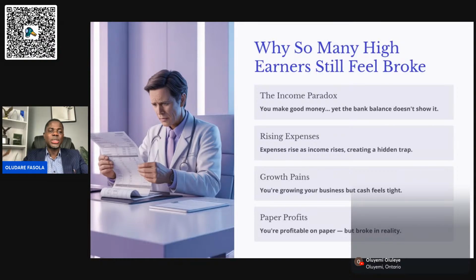A lot of them are struggling financially, so we want to break down the myths that surround that. What is actually missing? Why are they rich on paper, but not cash flow positive? There's a difference